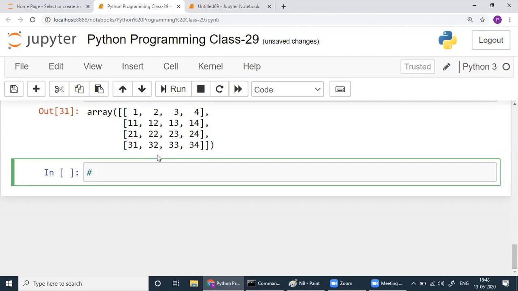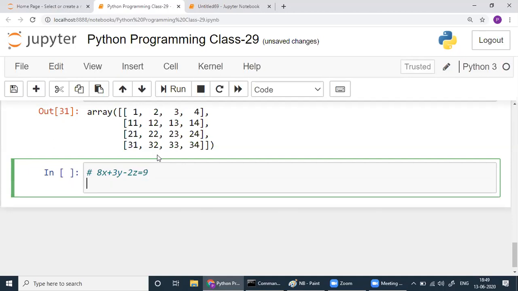I want to solve 8x plus 3y minus 2z, suppose, 9, then minus 4x plus 15y plus 35z is equal to